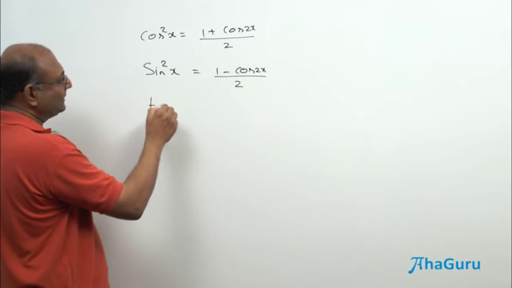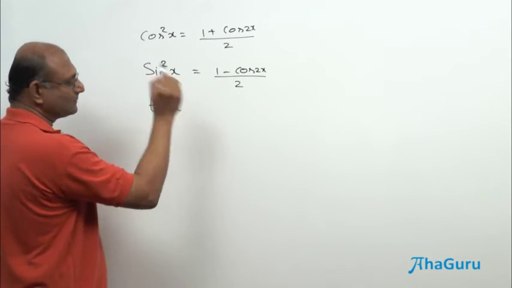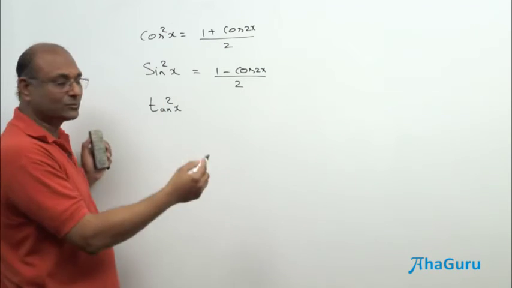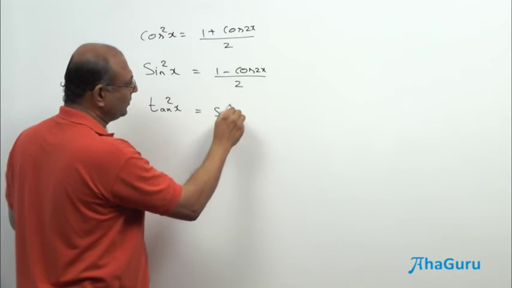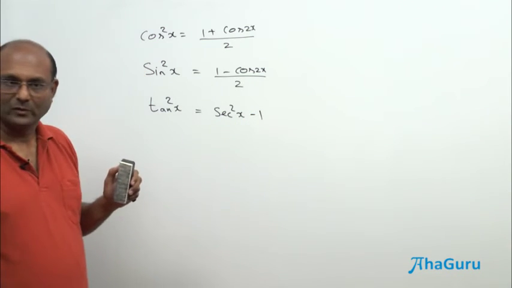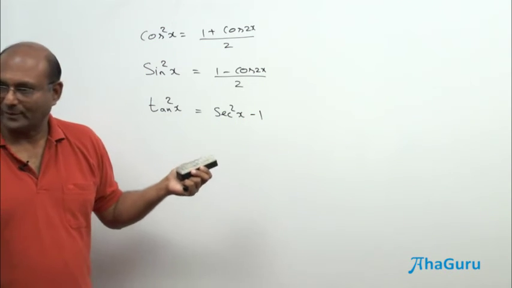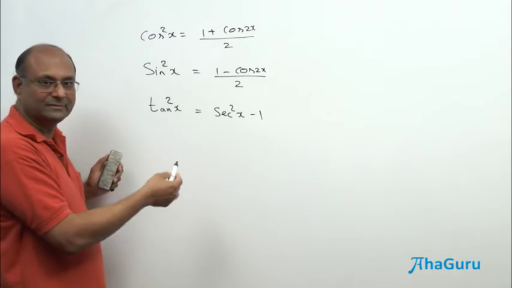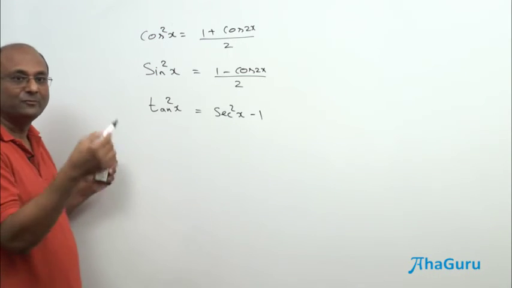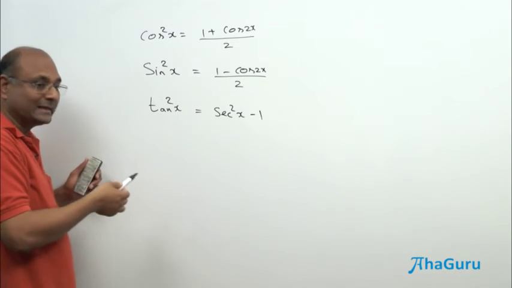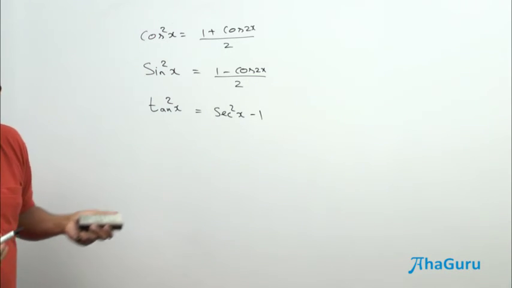Similarly, you will have tan square x. And 1 plus tan square x is secant square x. So you will write this as secant square x minus 1. Okay, so I hope you remember that 1 plus tan square is secant square. So we'll use this, right? So these kinds of identities will be used many times. So it's worth remembering that these are things that you're going to use. Are there any other identities that you may want to try?